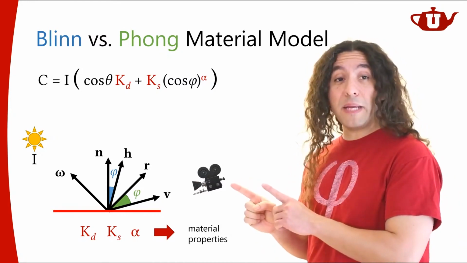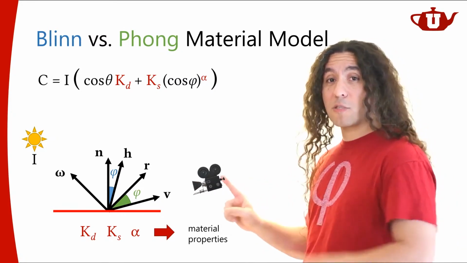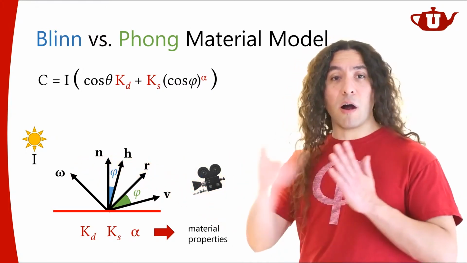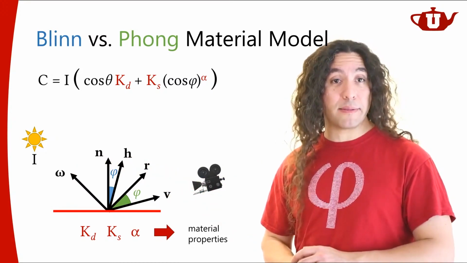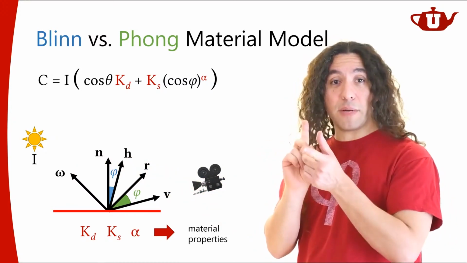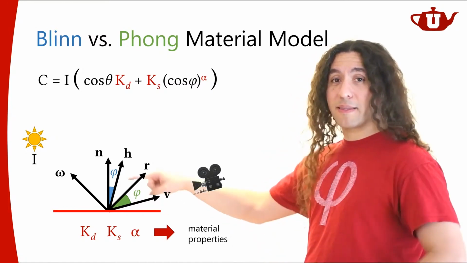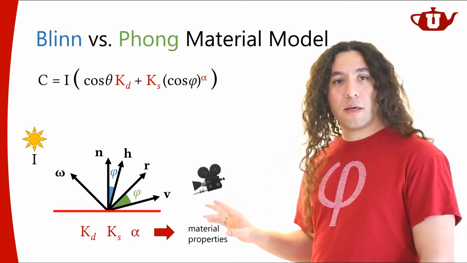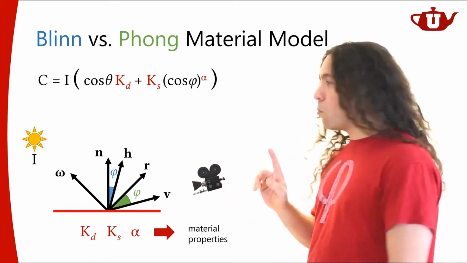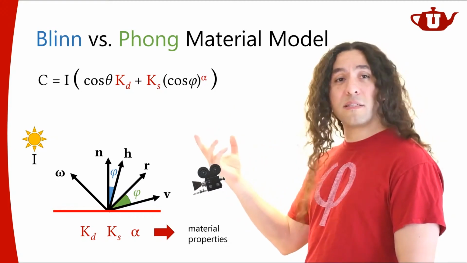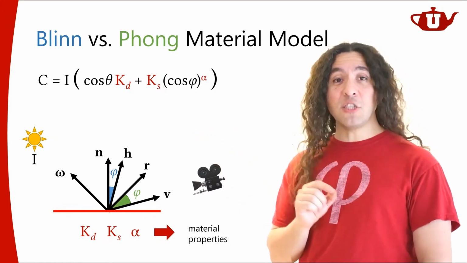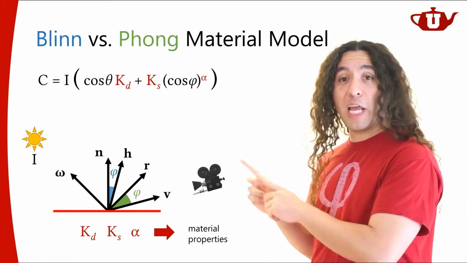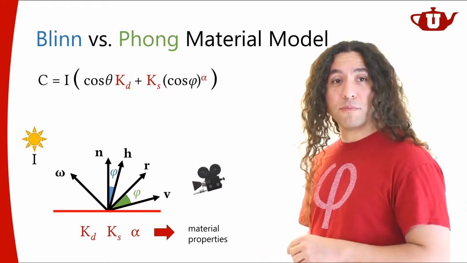But that's not the case in 3D. This is only the case when the surface normal, incoming light direction, and the view direction all are on the same plane. And they don't have to be on the same plane. They can be on different planes in 3D. If they're on different planes, then this relationship between these two phi definitions is not going to hold. They're going to be different. So what the Blinn specular model does is that it changes the shape of the specular lobe. It's going to take a different shape now than the Phong material.